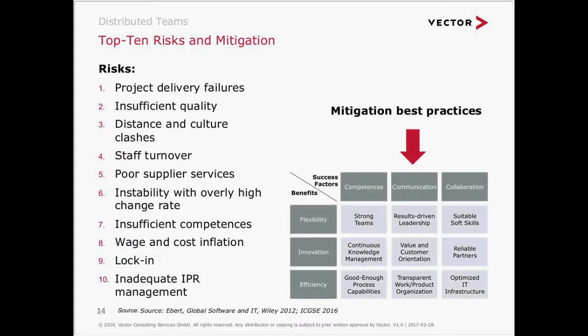And again, from our own project benchmarking database, but also from the past 10 years of this IEEE ICSI conference, what we have distilled is success factors and their benefits. If you recall, the 3 benefits were exactly what I mentioned earlier: flexibility, innovation, efficiency. The success factors are competence, which is a soft skill, communication, which is a soft skill, and collaboration, which is also a hard skill. And this gives us 9 best practices, and these 9 best practices, as it turned out, have been numerously researched and communicated in a lot of different